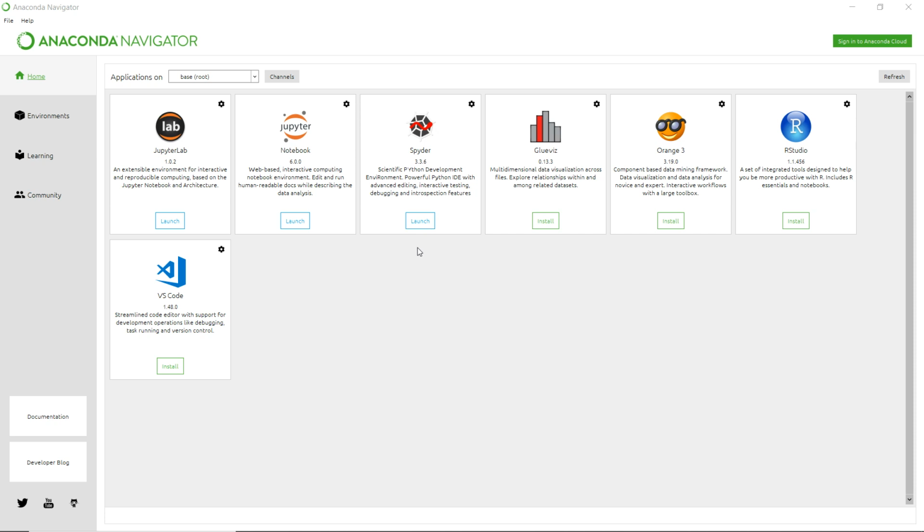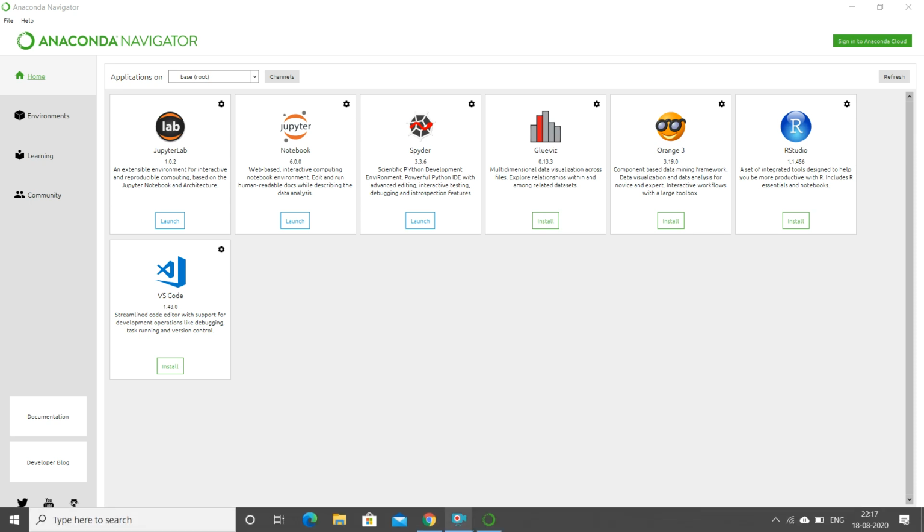Now what is Spyder? Spyder is basically a Python integrated development environment. It is the environment where you can write your Python code and run it. All these IDEs, Jupyter, JupyterLab, Glueviz, Orange 3, RStudio, VS Code, come by default with Anaconda. So this is how you have to install Anaconda and install Spyder.